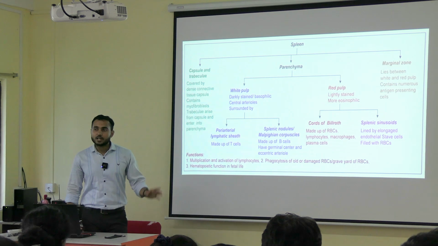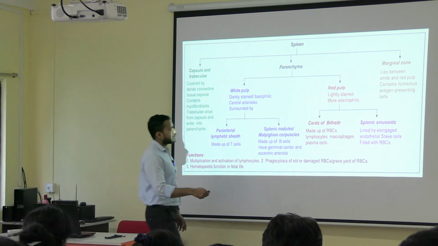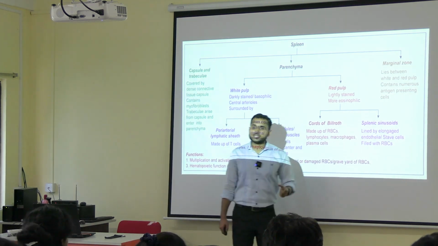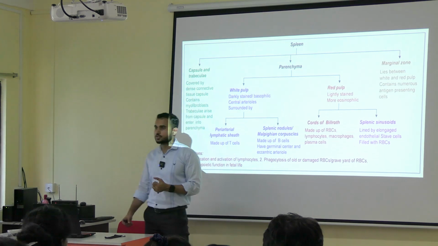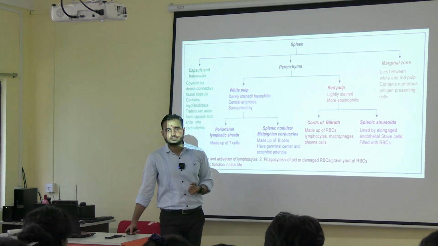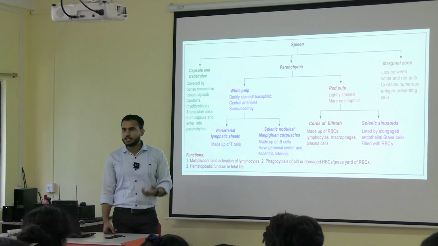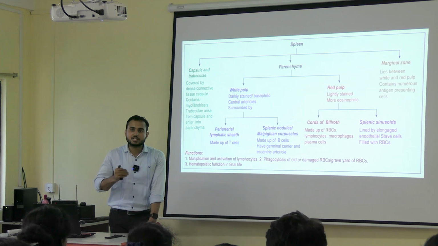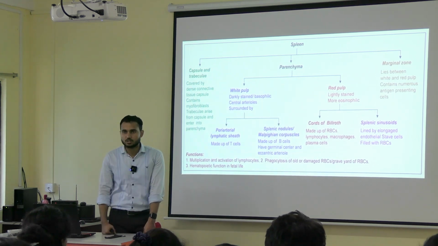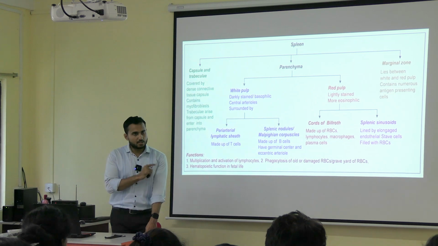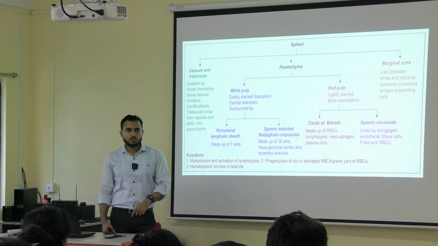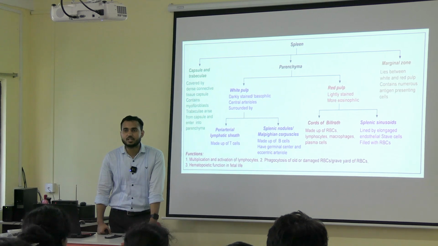Already we have discussed. Now here is a point. If you see the sinusoids here, they are lined by a specialized cell. What cells are present in sinusoids? Which type of epithelium? Endothelium. Sinusoids have endothelium. Also, the basement membrane of that endothelium is not continuous with each other. Okay, the same thing is seen over here, but the difference is here the cells are elongated. They are banana shaped and they are also called stave cells, STAVE, stave cells.